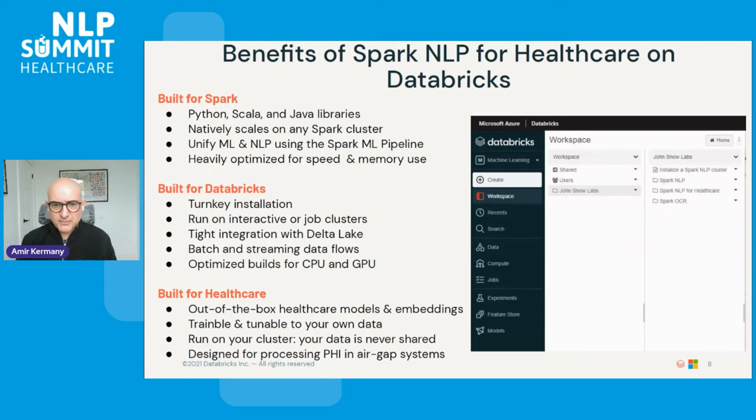Also, JSL has built a turnkey solution to make it easy to start working on preloaded clusters on Databricks with healthcare libraries. And using that, you can easily convert your workloads, from interactive notebooks to production pipelines using Databricks Jobs APIs or Notebook APIs that you can either run in serial or in parallel, depending on the dependency of the